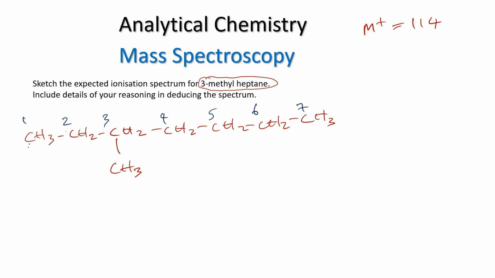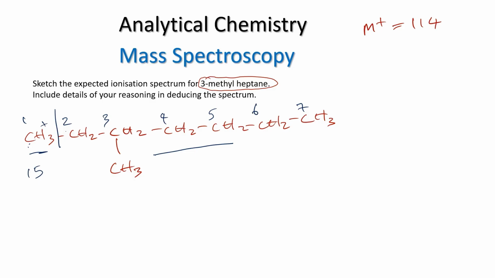We're going to have the fragment on the left hand side, which is a methyl carbocation, and the fragment on the right hand side, which is a 2-methyl hexyl carbocation. So that is the cation on the right hand side. Now, what is the value of methyl carbocation? That is 15, and the value of the cation on the right hand side will be 114 minus